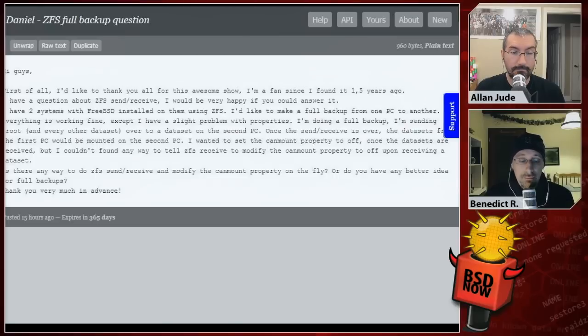Yeah, so that's a good way to do it, and I mean, you started off right. You have two PCs running FreeBSD and using ZFS for all the backup needs, and that's pretty much a good solution. You just have to do the rest of the canmount stuff and do it at a regular interval. If you read the ZFS man page, I think the -d flag might do what you want.